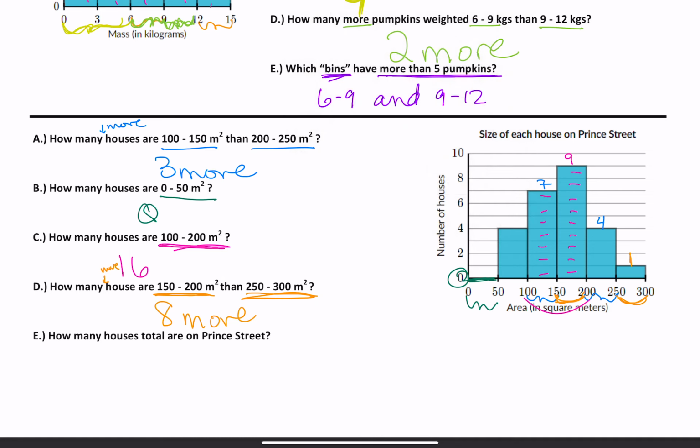How many houses total? There's that total word. So we're going to count all of these together. I'm just going to add. So there was not 5 here. 4 houses, 7 houses, 9 houses, 4 houses, 1 house. Add all those together, and we get, I'm going to cheat and look at my answer sheet, 25